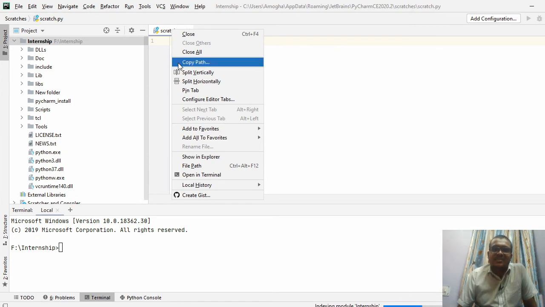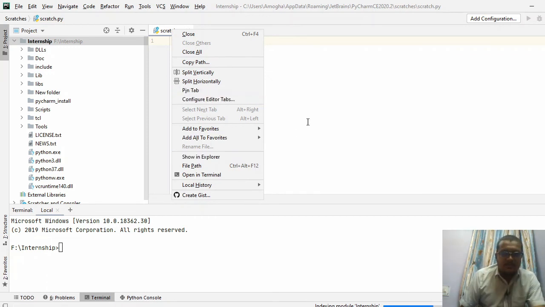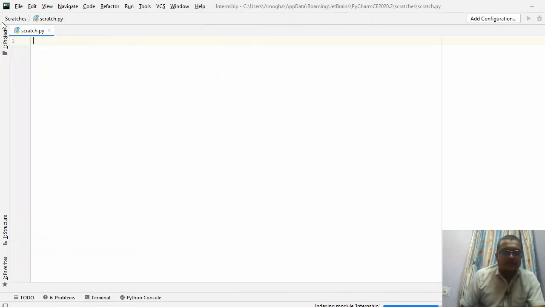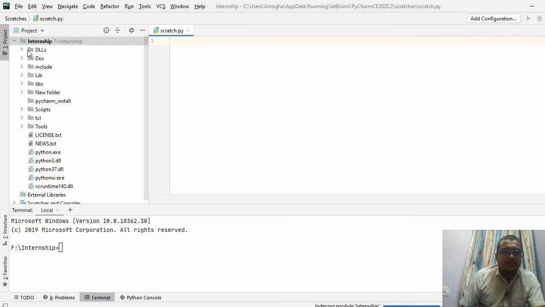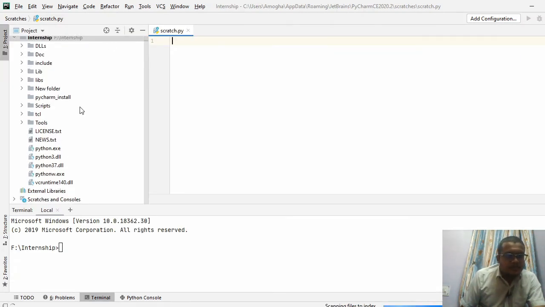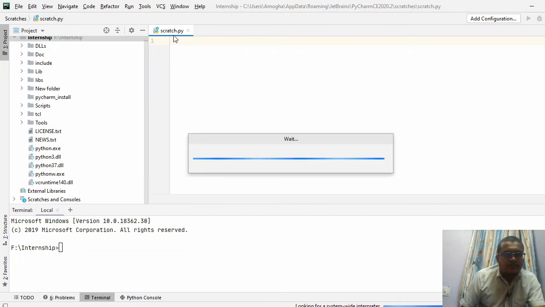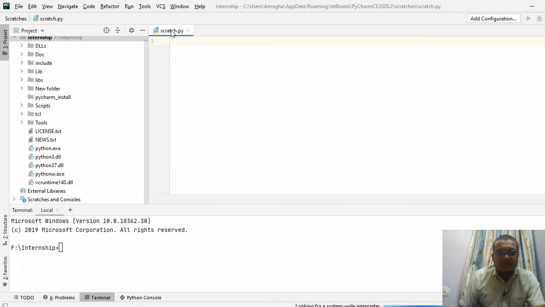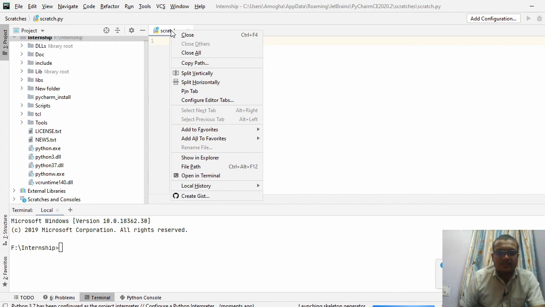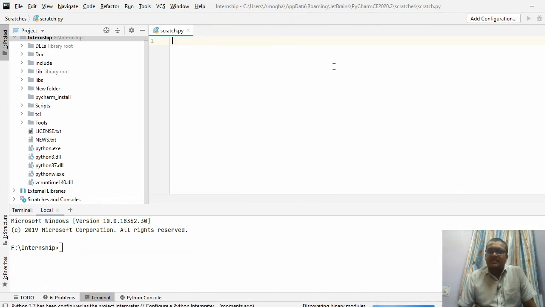If you need to change it, right click on it and choose Refactor. Here is Rename File. Once this loads, it will be activated.